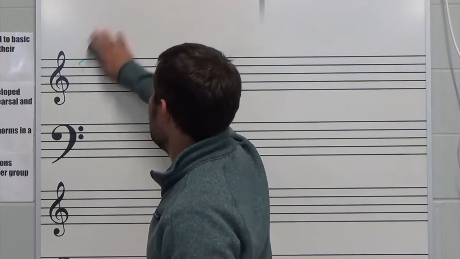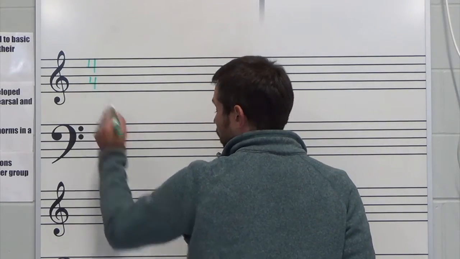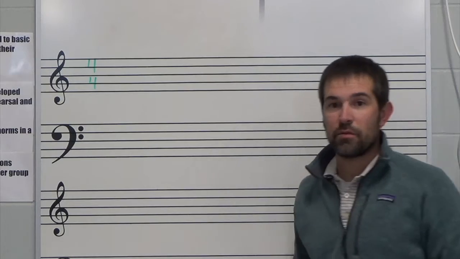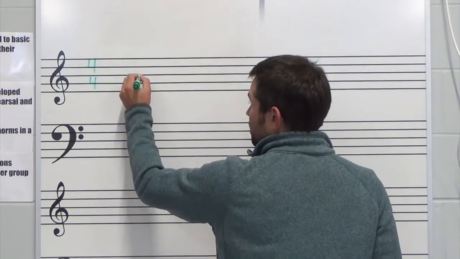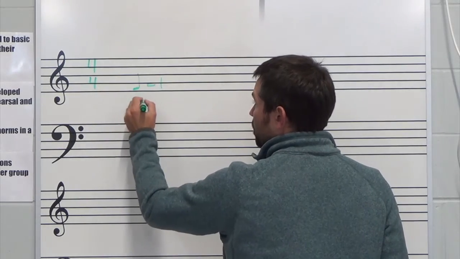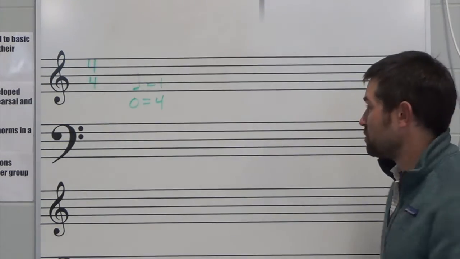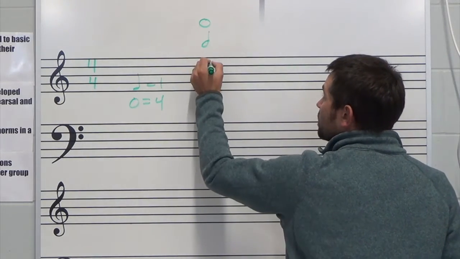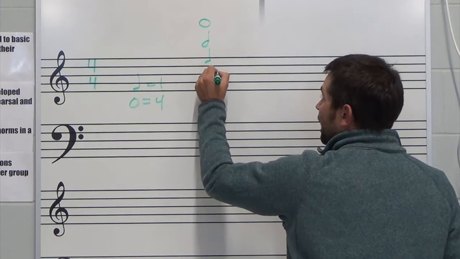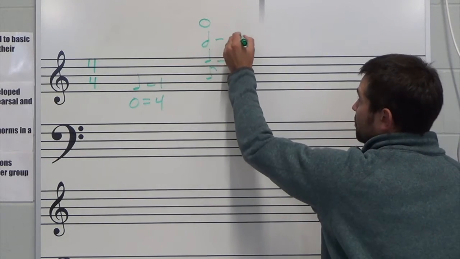I'm going to throw something else at you. The bottom number also tells you the value of the whole note. So in 4/4, this tells you what we just said, that the quarter note equals 1, but also that the whole note equals 4. Based on the note relationships that we've talked about recently, if our whole note, half note, quarter note, 8th note, so either way we read this, if a quarter note is 1, half note is 2,